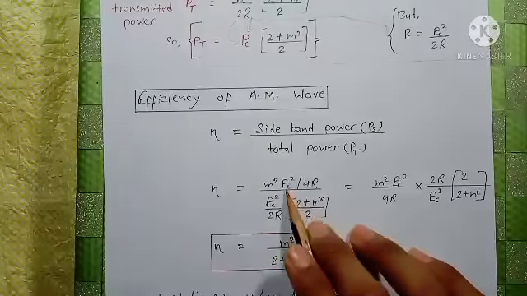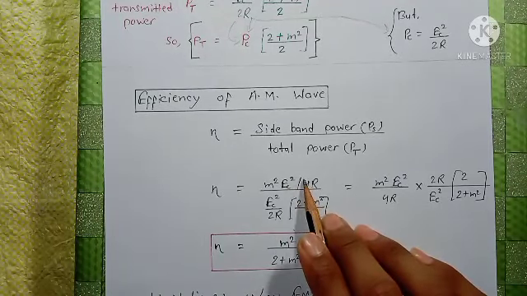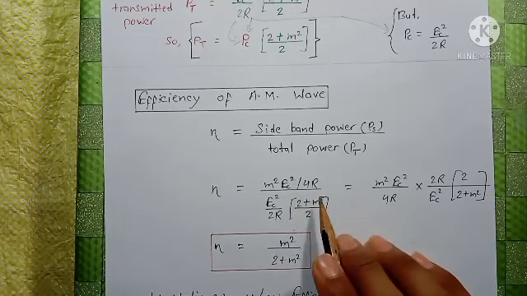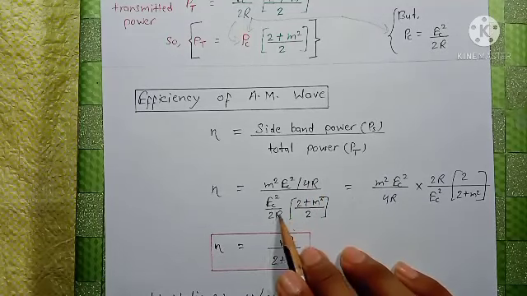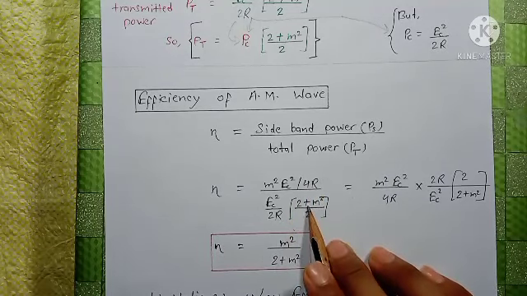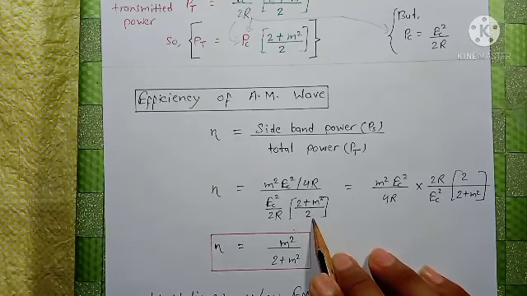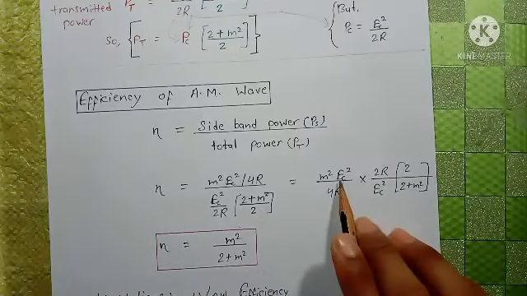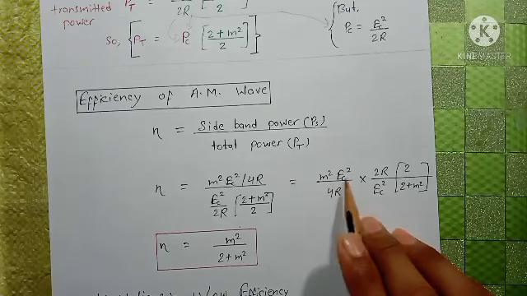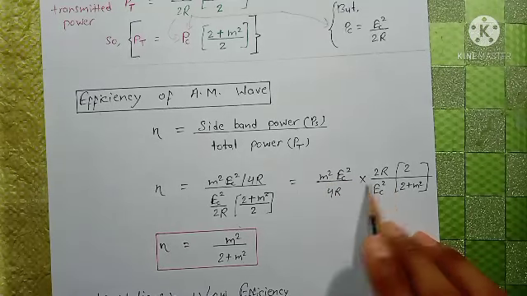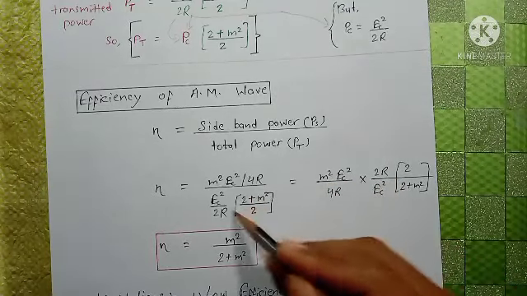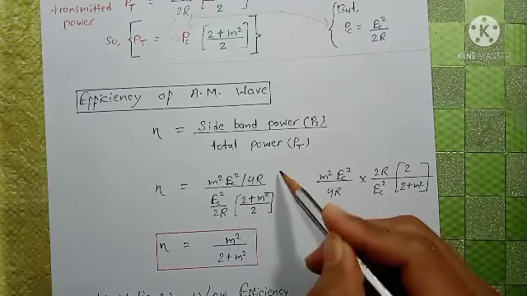We get m square Ec square over 4R divided by Ec square over 2R into 1 plus m square divided by 2, and we write it as m square Ec square divided by 4R into 2R,